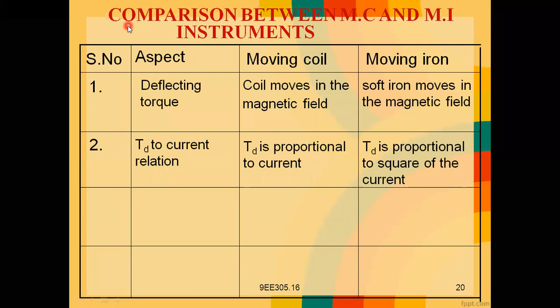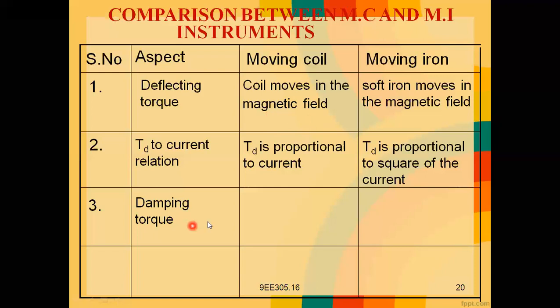Now let us go for the next aspect. Damping torque. For PMMC instruments, moving coil instruments, so when we have generalized it to moving coil, for the first case, the coil moves in a magnetic field. For PMMC, it is going to be a permanent magnetic field. For dynamometer type, it is just going to be an electromagnetic field that we will see later. So we are just trying to compare MC with MI, not PMMC with MI. Please keep that in mind, and that is the reason why we have just placed magnetic field over here.